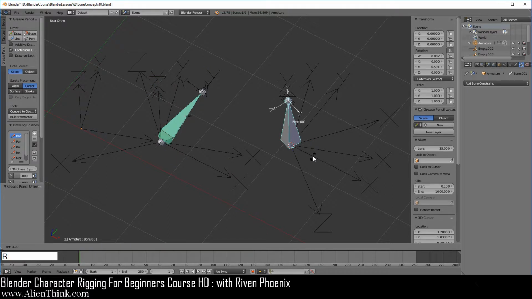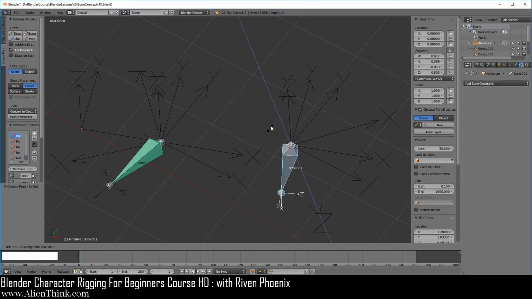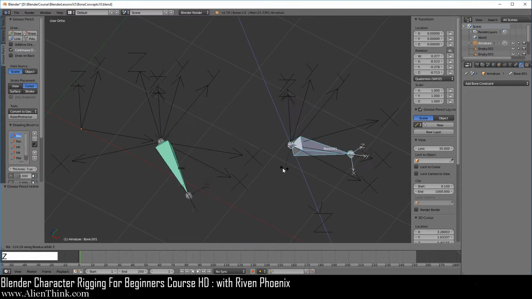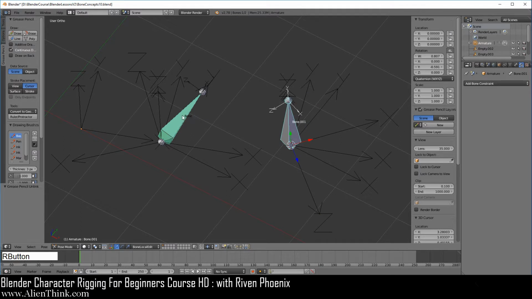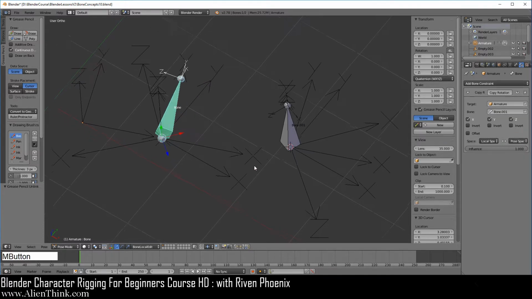If we click on this, press the R key, press the Z key 2 times, we're rotating around the local Z, which is coming from edit mode, and this bone was doing the same thing, right? It's going to rotate around Z this way. Okay, so all of that is very straightforward. Now over here, what we're going to do is say that, okay, we've looked at local space and local space, and here we've looked at local and world. So now we're going to just switch this to pose,